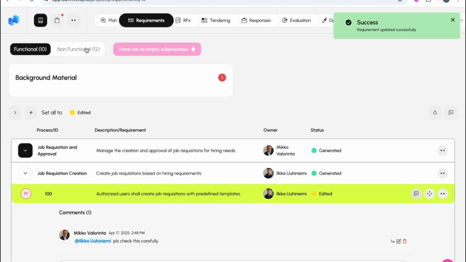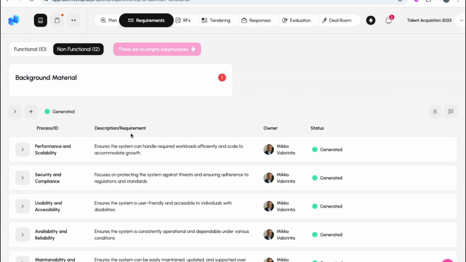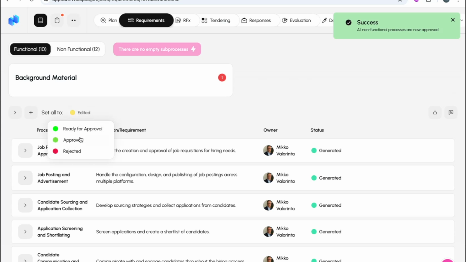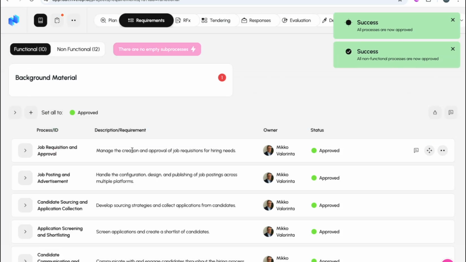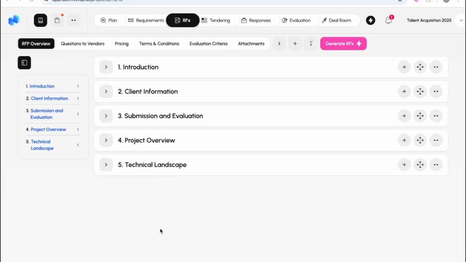We also have non-functional requirements, and like I said, these can be based on your organization's own InfoSec requirements and so on. So when we're done, we just need to approve both the functional and non-functional requirements, and then we'll move on. The next step is to create the RFP documentation, and as this is now about an IT